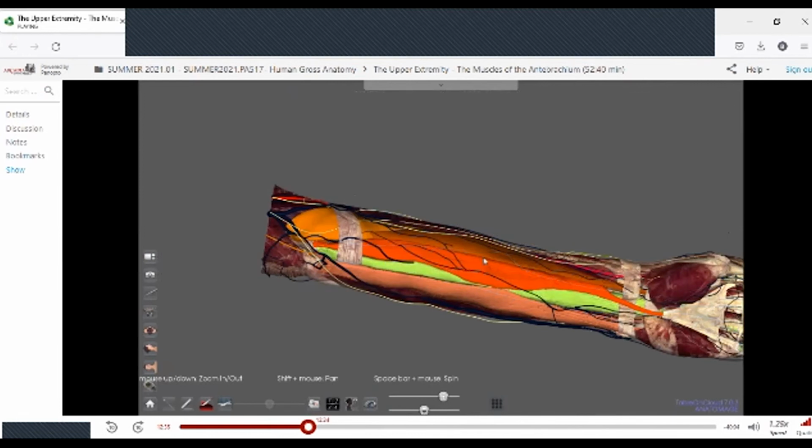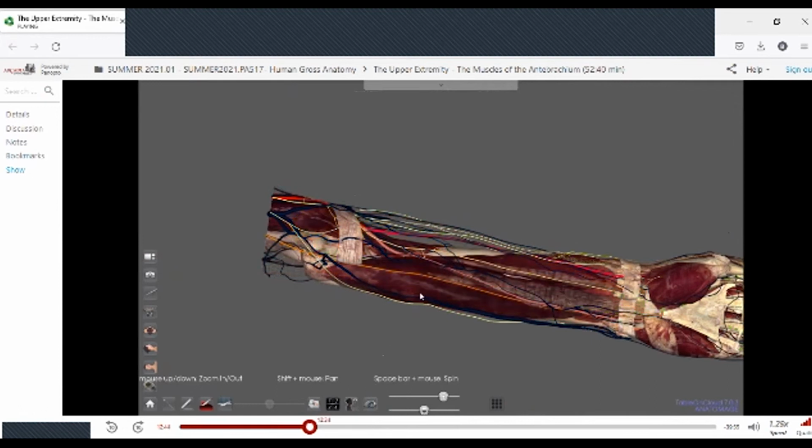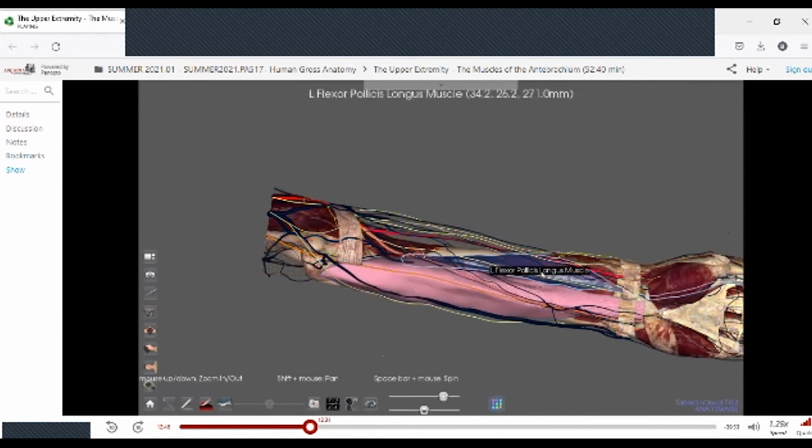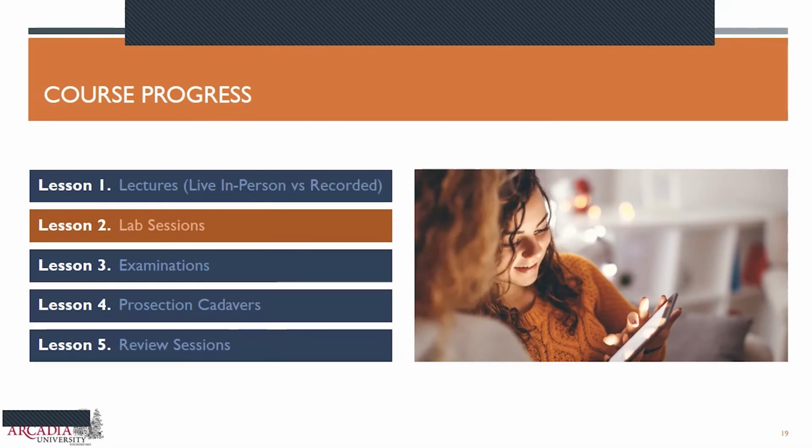If we were to remove all of these muscles and look at the deep layer, we would have 3 layers of muscles comprising the deep layer. They will include your flexor digitorum profundus, the flexor pollicis longus, and the pronator quadratus muscle. So that is an example, again, of how we started to integrate the Anatomage table into a more interactive recorded lecture for our students. So that was initially how we really started developing